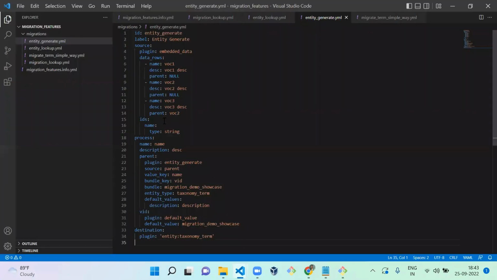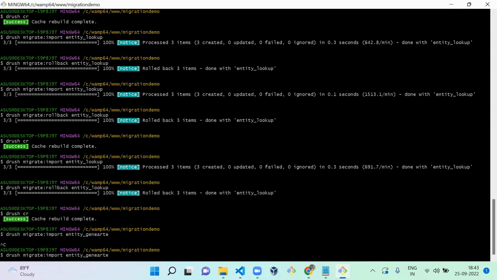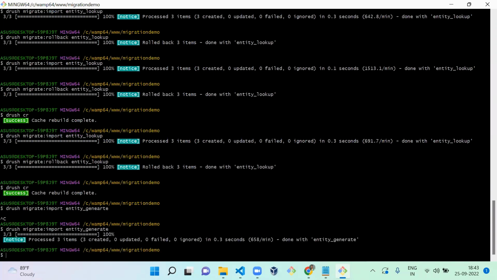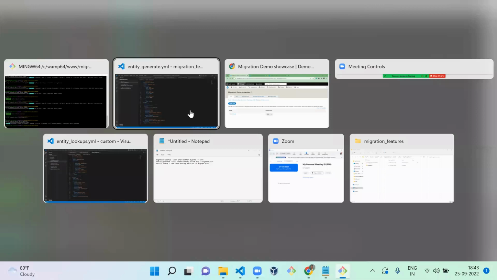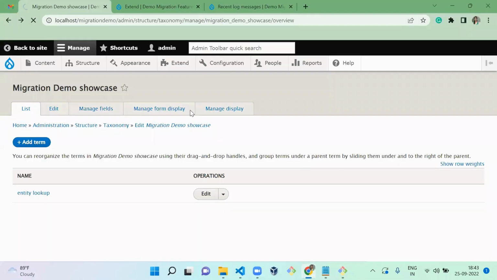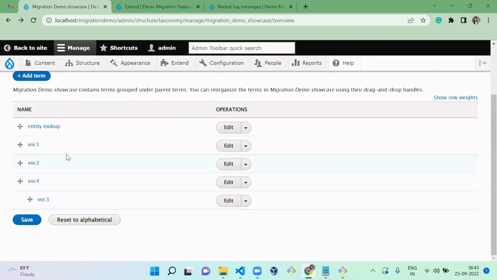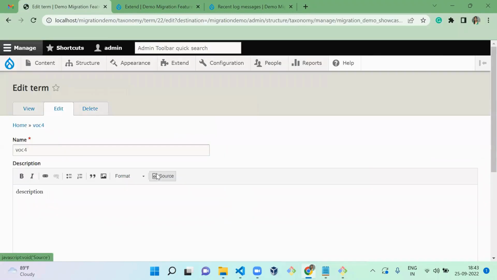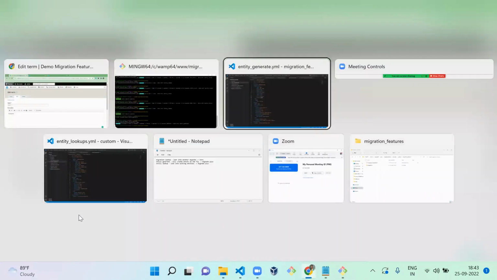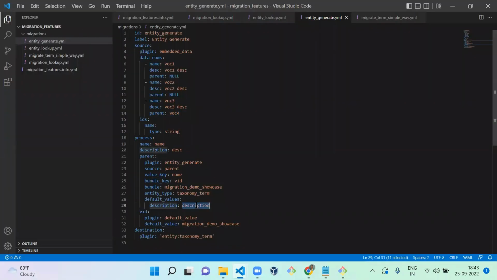Before that, we didn't see, vocabulary 2 is already there. No, we are going to create a new vocabulary, which means you have to mention the new name. So this is not already created. So it will be created on the fly. Okay. Let's run this command generate. Okay. So 3 created successfully. Let's load and see. So see, you can see the new vocabulary is created, right? So let's edit, a new term is created and